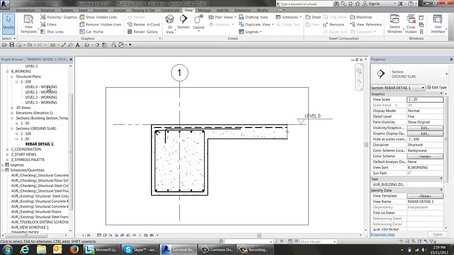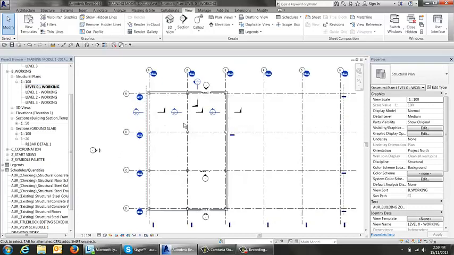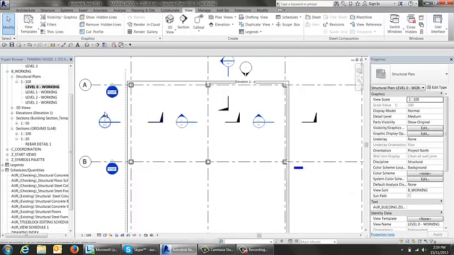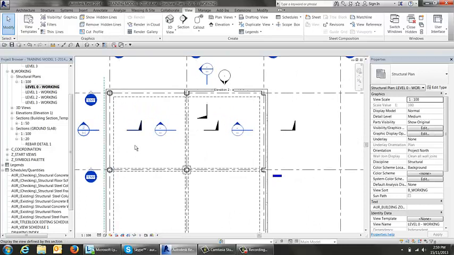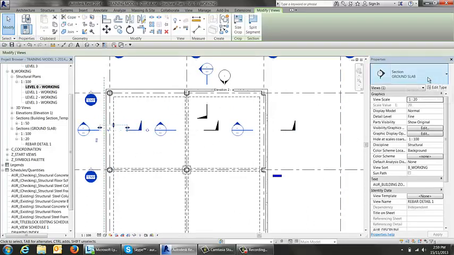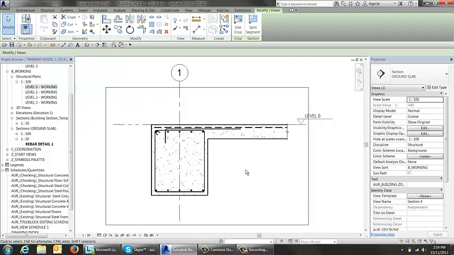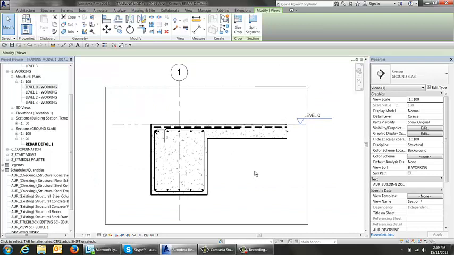I'll go to the plan quickly. We'll have a look at them. It's these 1, 2, 3 here. I've created a section previously. I've created a section type called ground slab. Right, I've just cut them. I haven't paid much attention, but this one I've gone in, I've done a little bit of work too. So let's just continue with this workflow so I'll show you the view sort and how we can use the schedule to our advantage. Now, 1 to 20 reinforcing section, there's a little bit of content on it, but